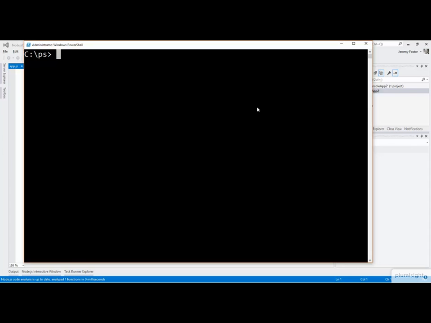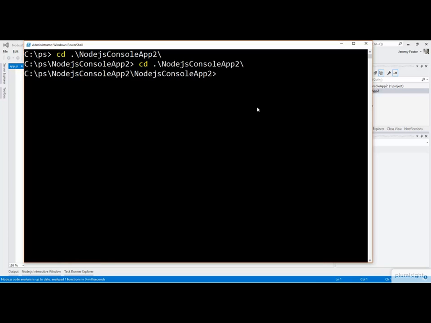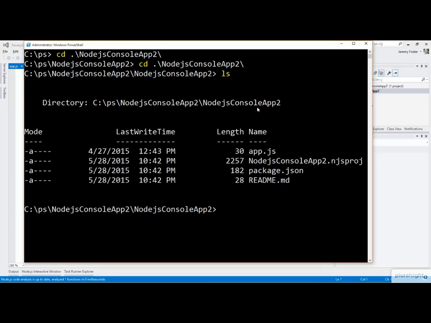And then in your project, you need to install gulp locally. So it needs to be installed both locally and globally. So I'm going to go into this console application, into the specific project file. And this is where that app.js and that package.json file are. So this is where I want to install gulp. So I'm going to do an npm install of gulp. But I'm going to say